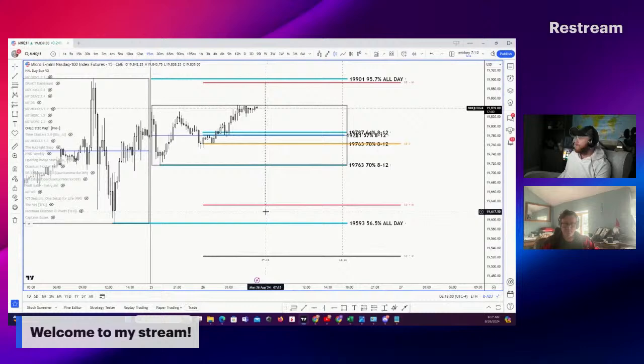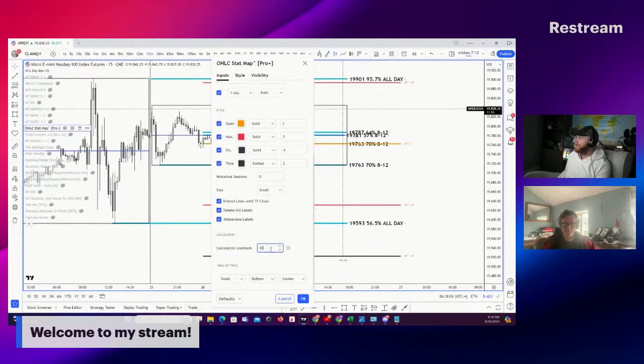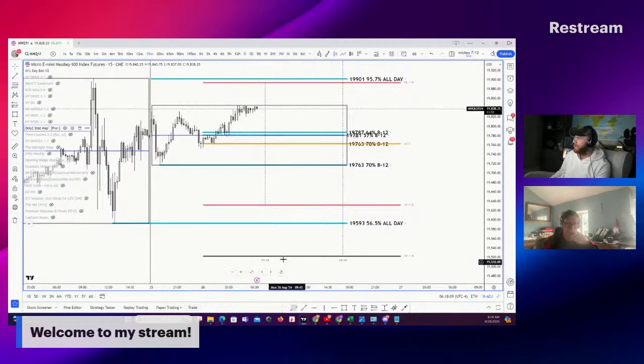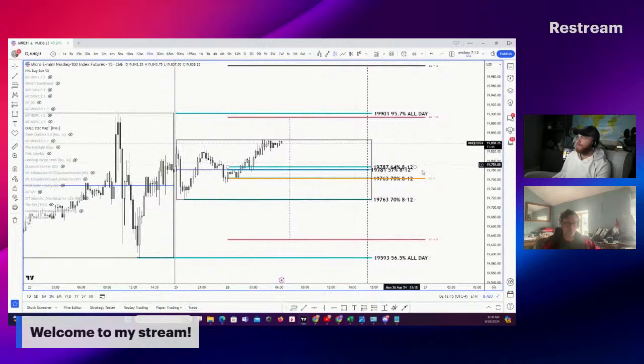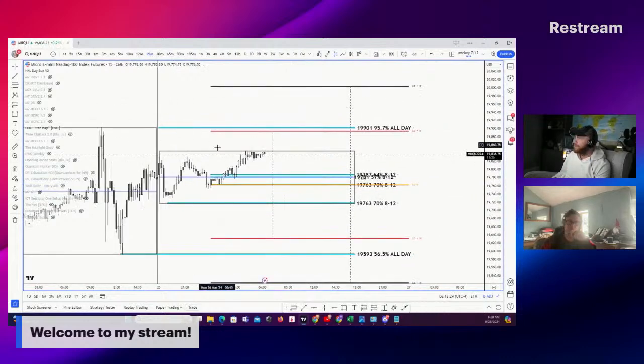the day on average over the last 10 days has been around 7:15 in the morning, before we made our reversal high of the day, low of the day. So the last 10 days, we did the high of the day or low of the day around the 7:15 candle. So with that being said,